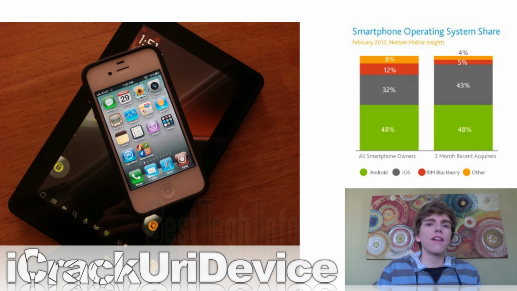Now, this is definitely not good, and basically for one reason: competition. If there isn't as much competition, then companies like Apple and like Google will not be pushed hard enough to actually come up with new innovative features for their mobile devices and for the mobile operating systems that actually run their mobile devices. So while I'm definitely an iOS fan and I prefer it over Android and all of the